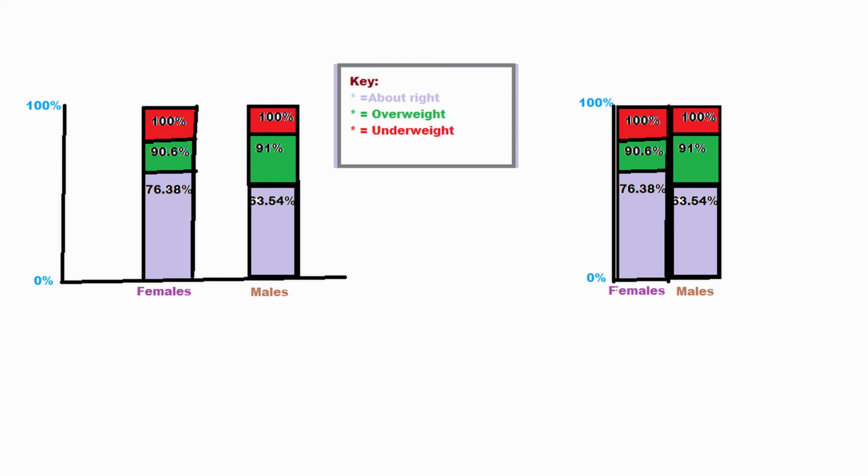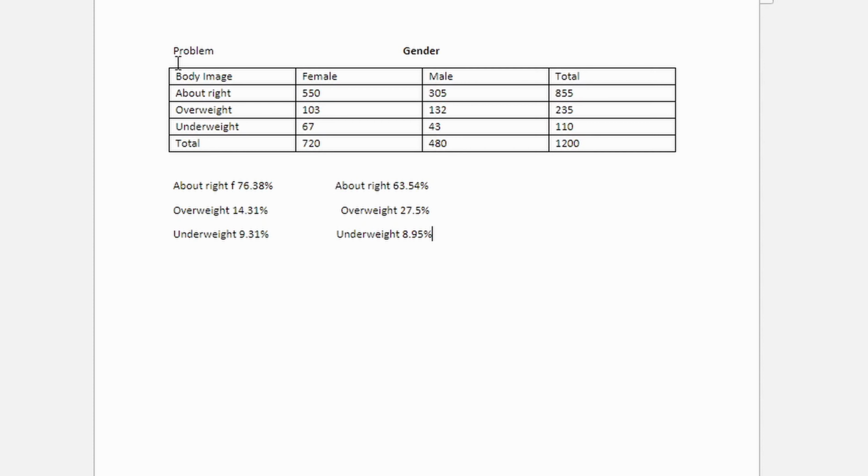Now, what we're going to work on today is how do you describe distributions and how to use comparison words to show differences. Alright, so here we got a data table, and we're going to be using this data table in order to create our mosaic graph. And the first step to making our mosaic graph is to find the marginal percent of all of the data here.